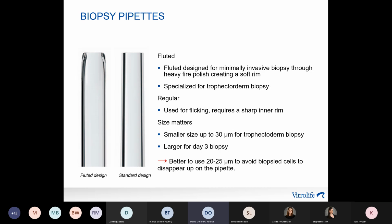Size matters with these biopsy pipettes, and that all depends on when you are going to perform the biopsy. If it's day 3, the biopsy needs to be a little bit larger, as the blastomeres are considerably bigger at that point. When performing trophectoderm biopsy, we would consider using a small size, up to 30 microliters. But we don't want that to be too big or too small, because we will lose control of our biopsy